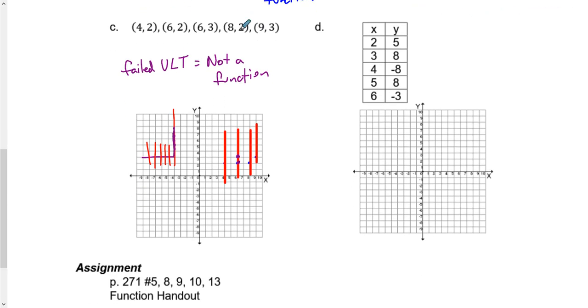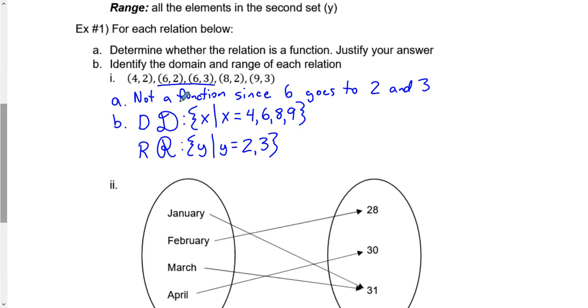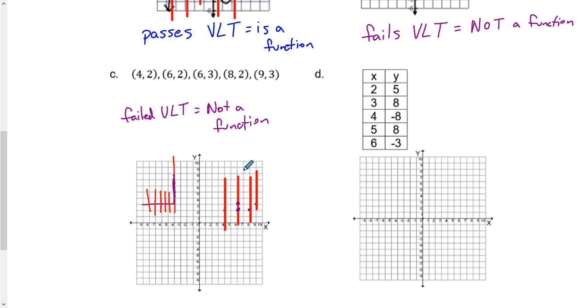So this is our pair. You'll notice, if you haven't, that this is actually the exact same example as the first page. We say it's not a function since the 6 goes to the 2 and 3. By graphing it, we see that it fails the vertical line test. So it's still not a function, because yes, the 6 goes to 2 and the 6 goes to 3. As long as you're able to justify which way,